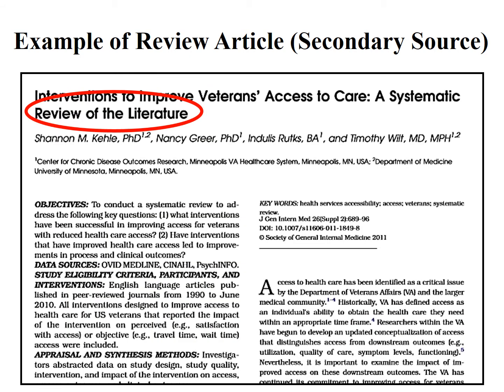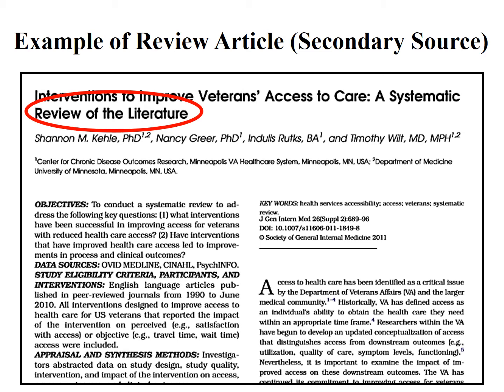This is an example of a type of secondary source, specifically a review article. It reviews several primary sources on a topic. You will likely see a lot of these in doing your database searches, like a review on the last 20 years of research on a topic. This one, of course, doesn't relate to permanent contraception, but it was what I had available.